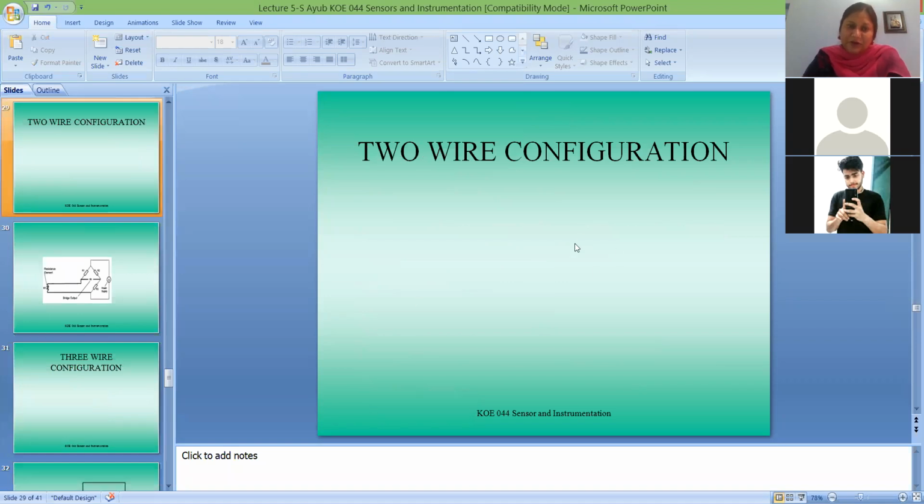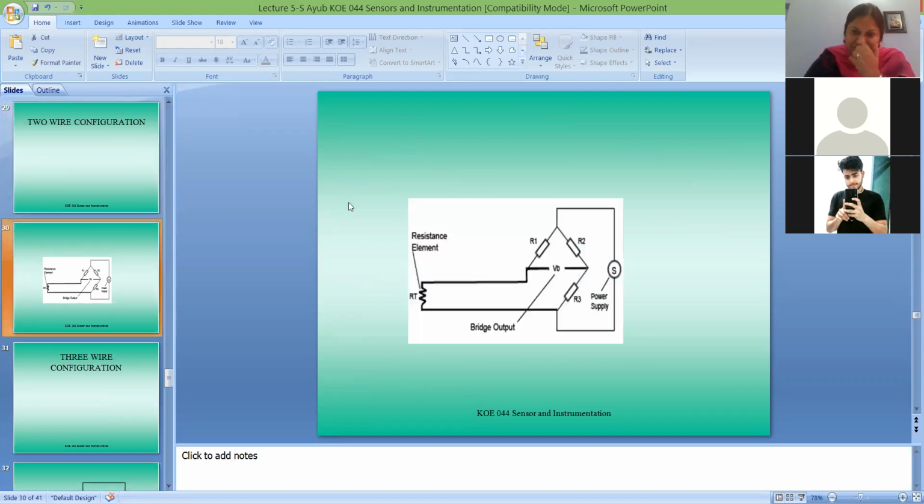Now we can see the construction of this as a two-wire configuration. Two-wire configuration means it is used in Wheatstone's bridge. These are fixed resistances R1, R2, R3. These are three branches of Wheatstone's bridge, and this is the fourth one where you connect your RTD, which is the temperature sensitive element. So when you apply the temperature to this particular resistance, it changes its resistance. Here you have given the input power supply, and you measure the voltage output.